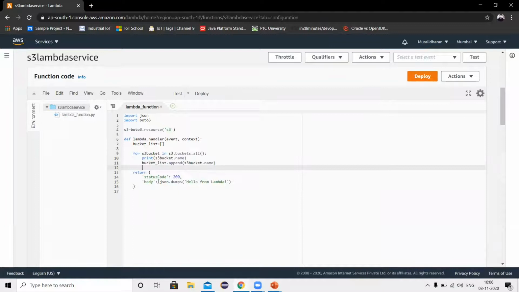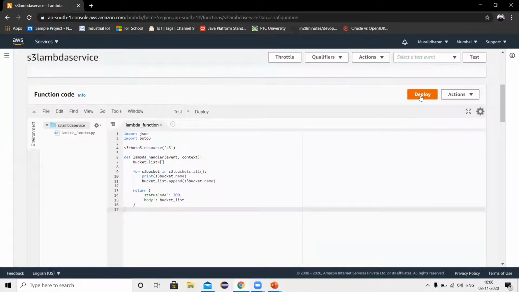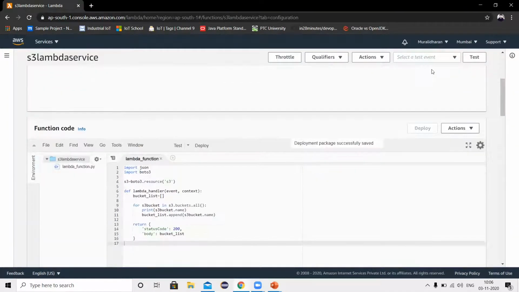And I do have the return statement. The same status code 200 I'm going to return, and I'm going to return the body as this bucket list. So my code is ready. I'm going to deploy this code and test this Lambda function.